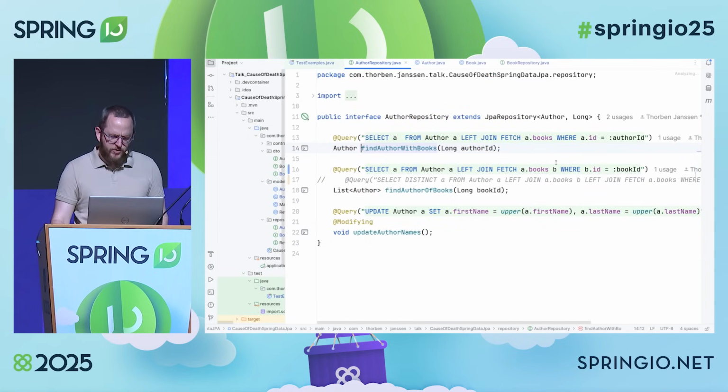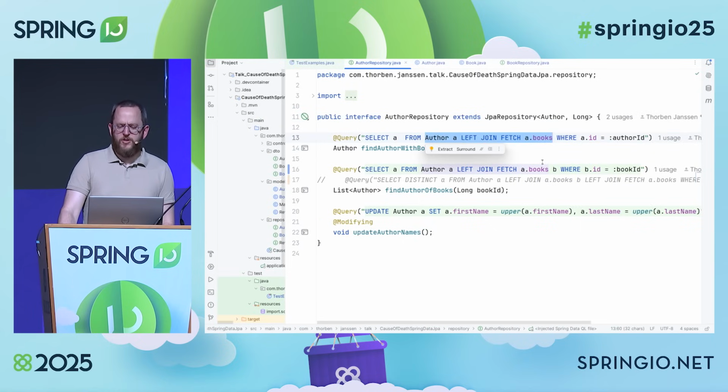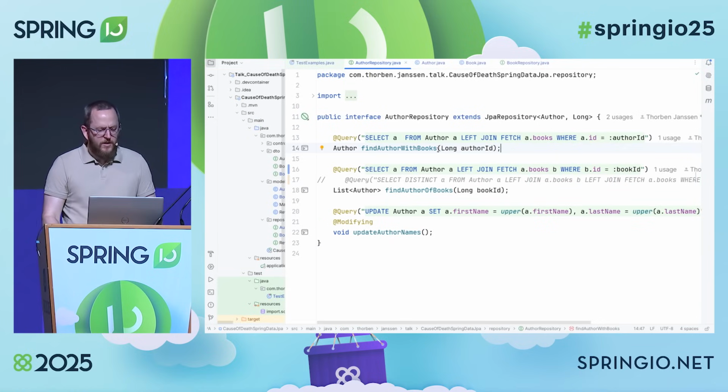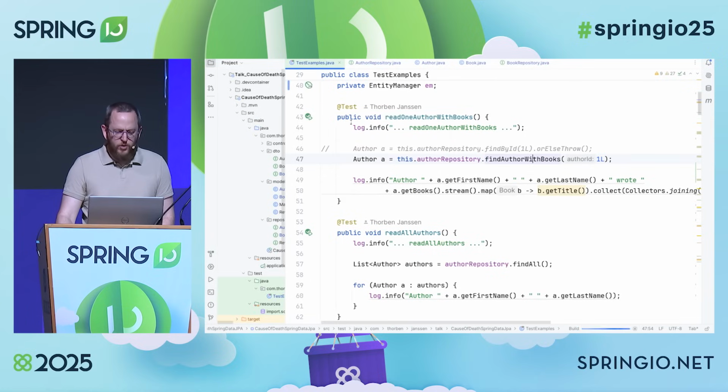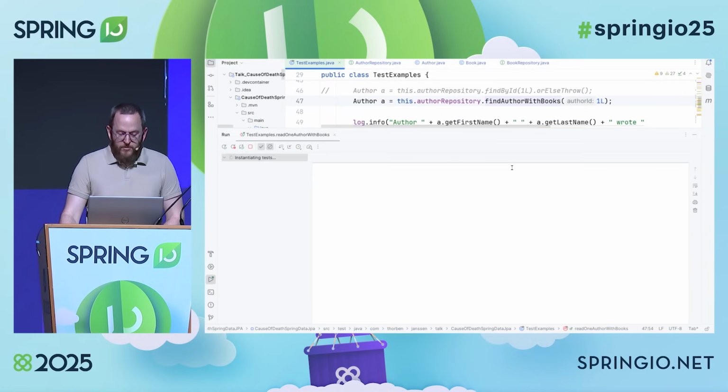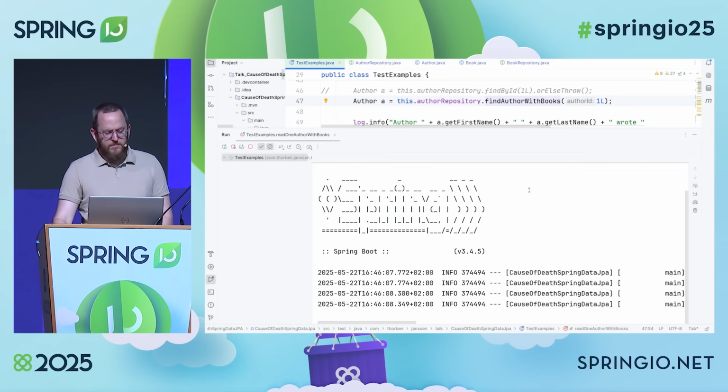A much better approach would be to actually write a query and tell our JPA implementation that we would like to get the author with an initialized books relationship. And it's that here. Left join fetch tells Hibernate to fetch the books relationship, or EclipseLink if you're using Spring Data JPA with EclipseLink.